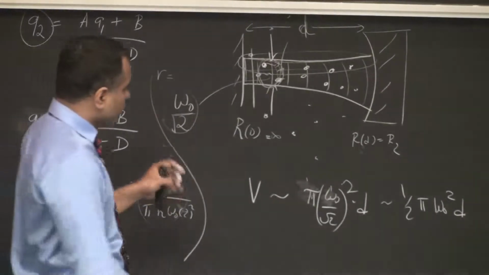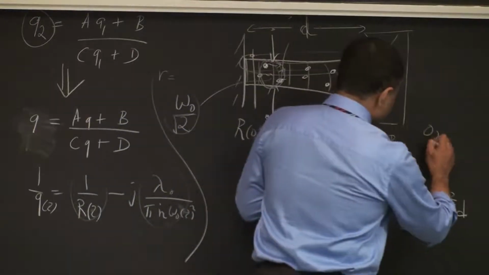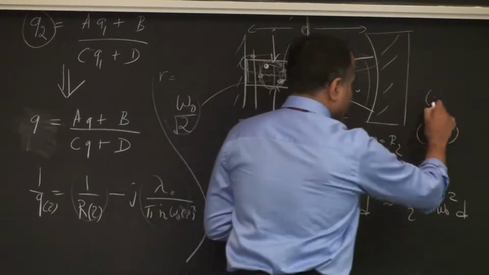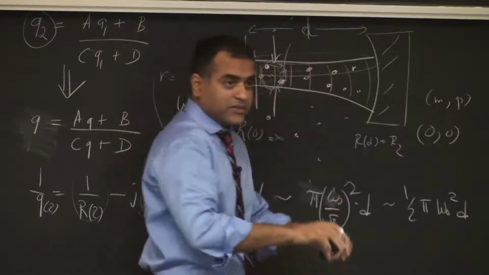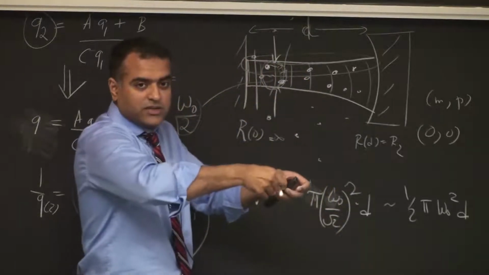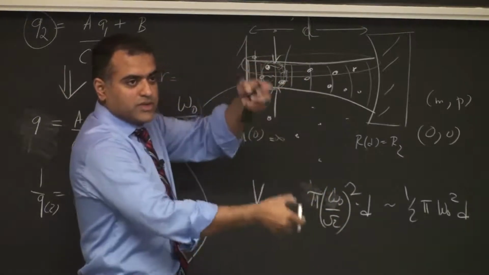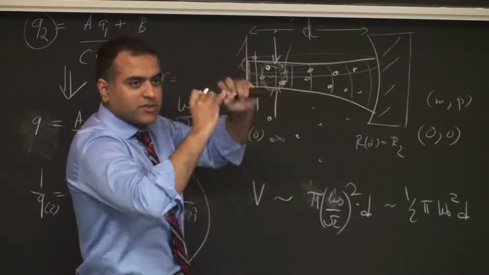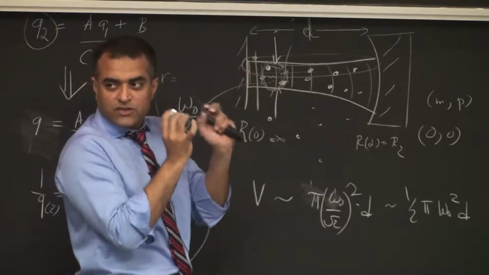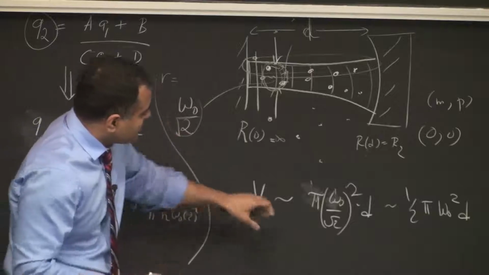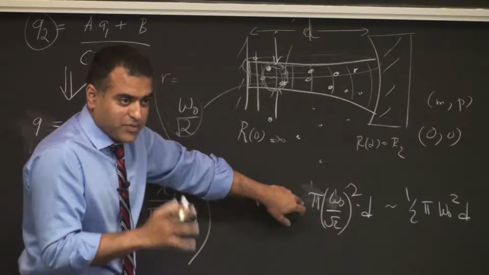Now this only will hold for a 0-0 mode. I think the moment you go to m and p, you are in a bit of trouble. You have to be careful because there are many beams now, right? There are like 2 beams or 4 beams or 8 beams, depends, right? So you kind of sum them all, right? So you have to calculate a modal beam volume depending on all modes properly now, right?